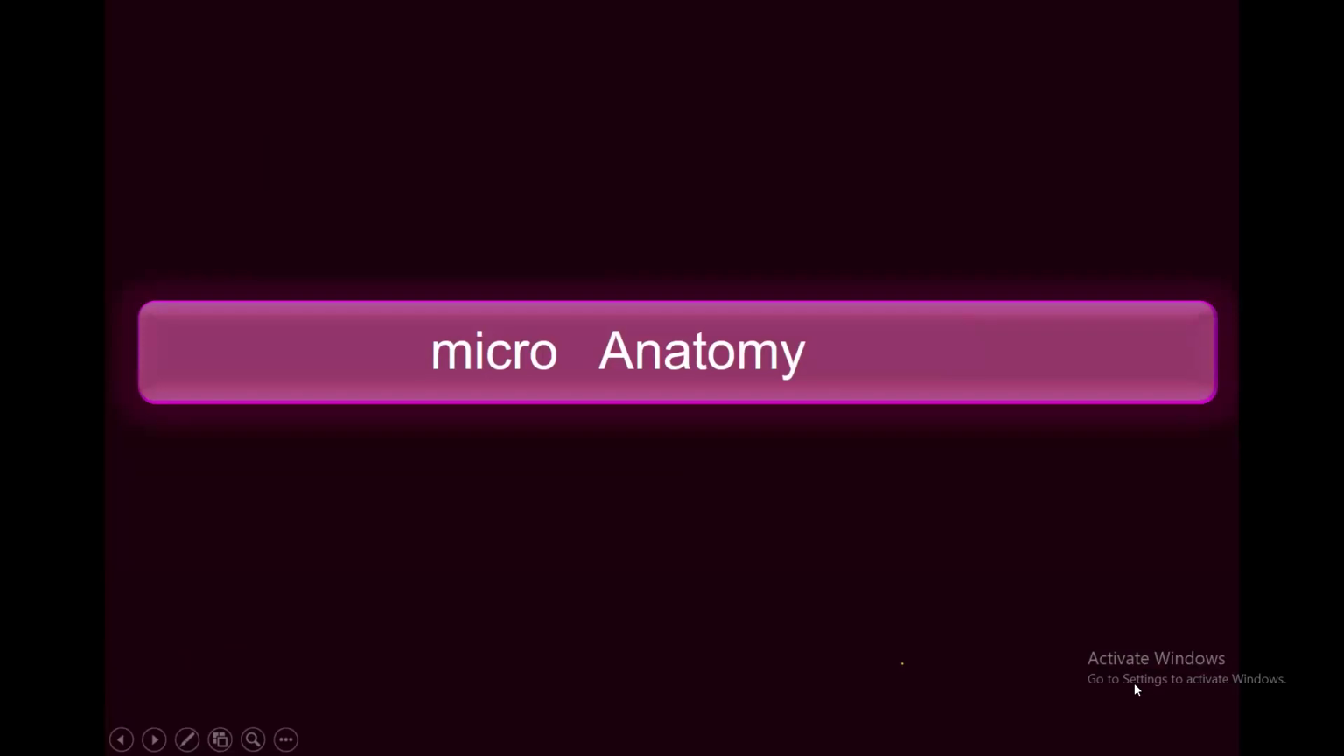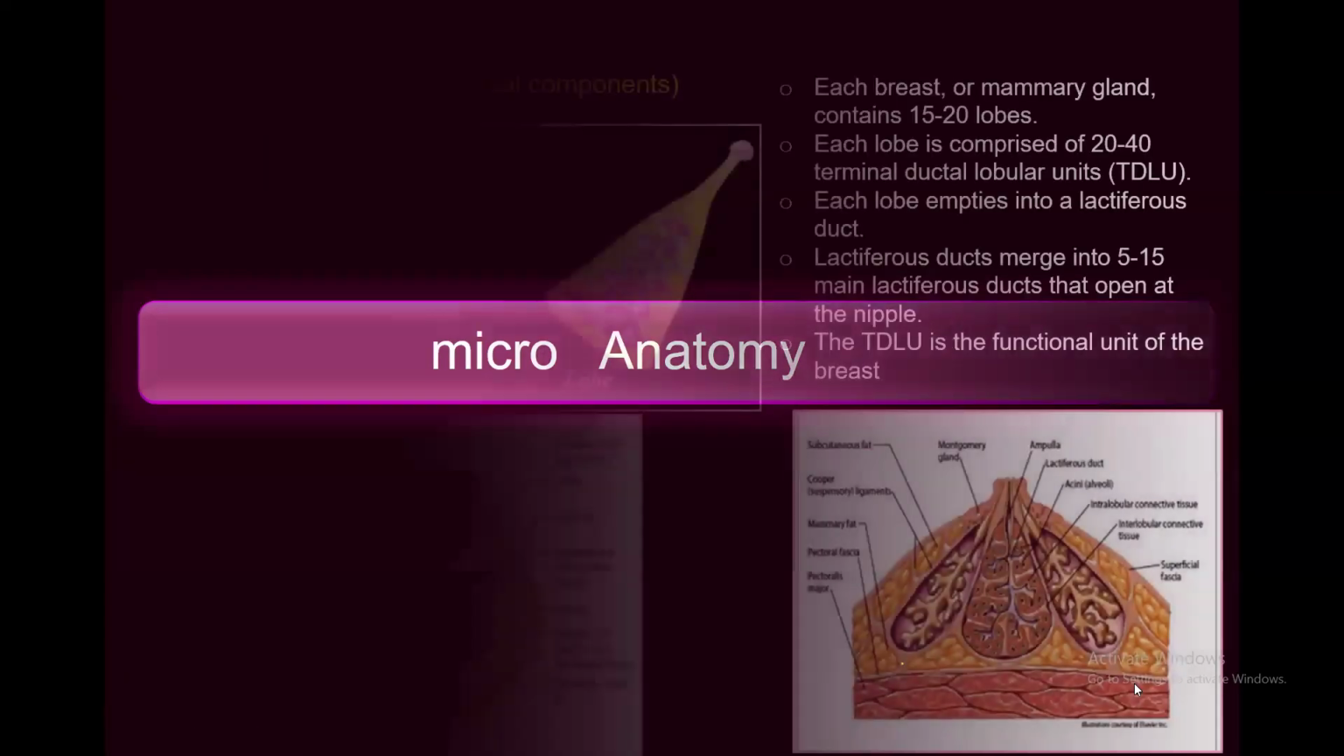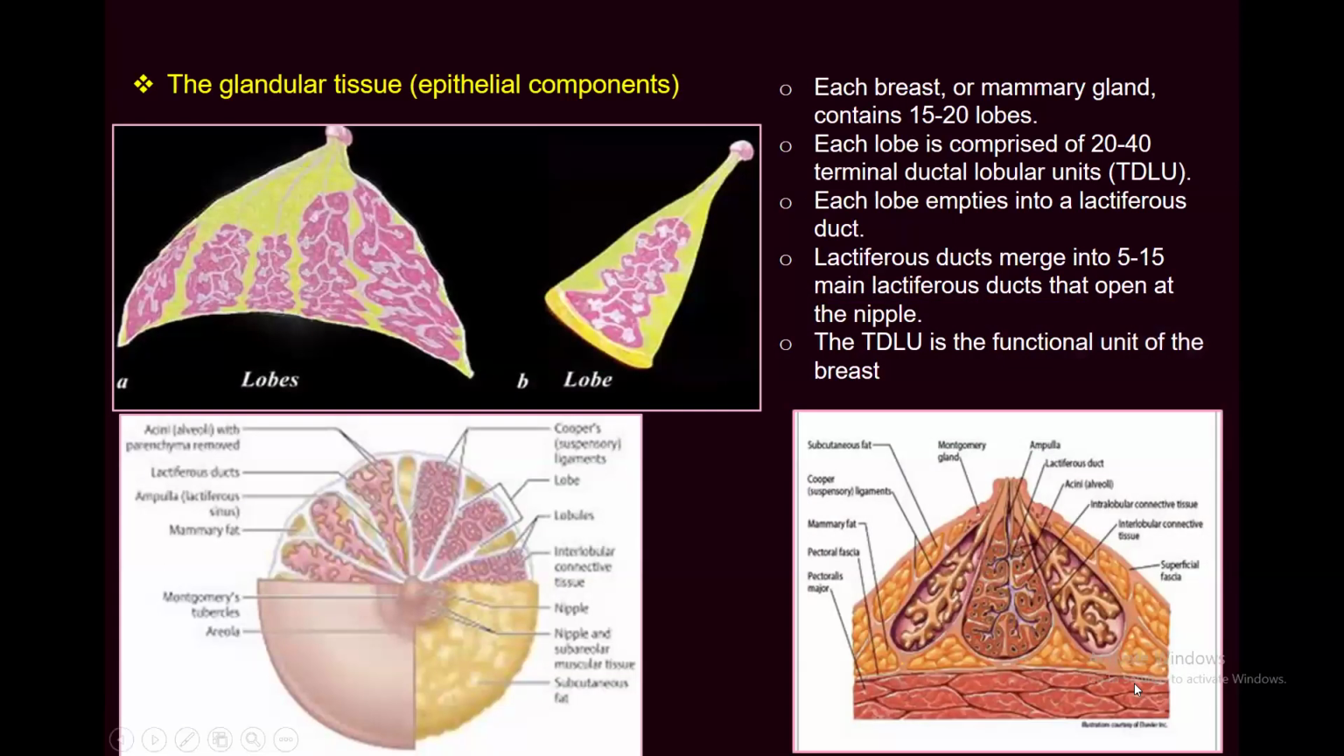Okay, let us go to the microanatomy of the breast. As you know, the breast has about 15 to 20 lobes. These are lobes. Each lobe is drained by a lactiferous duct that converges toward the nipple in a radial pattern, as you have seen in these illustrations. And each lobe is composed of